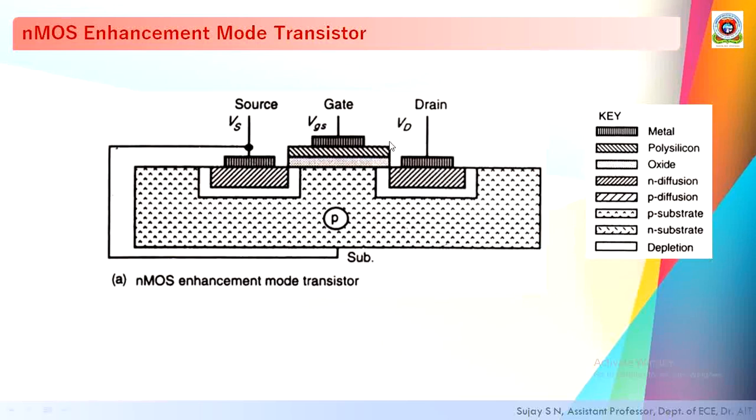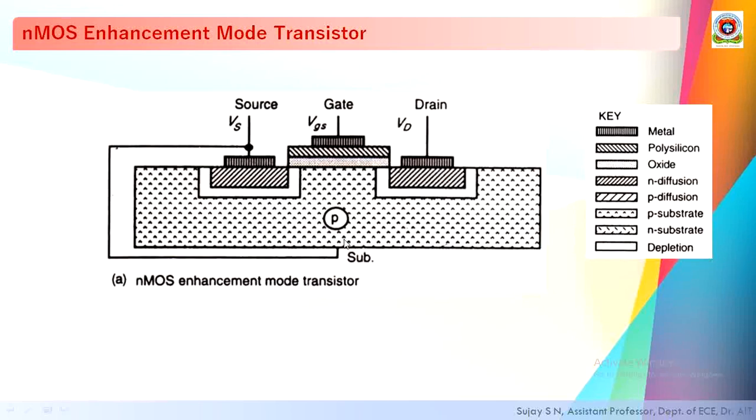So this is again the other approach of showing the NMOS enhancement mode transistor. It is the NMOS enhancement mode transistor. One more type is depletion mode, we'll see that. In this NMOS enhancement mode transistor, you can observe the representation. These two are N regions, and above that we will be having a metal layer for connection purposes, and this is a P substrate. This is the polysilicon gate. Under that we will be having silicon dioxide. Source, gate, drain are clearly mentioned here. And this is the P substrate.